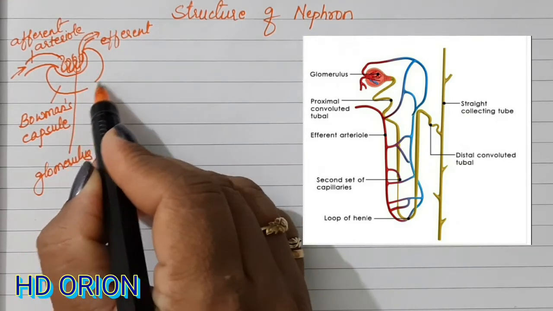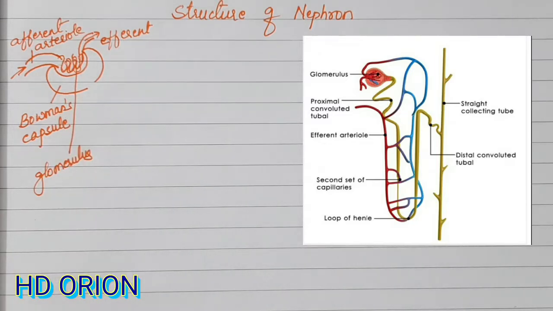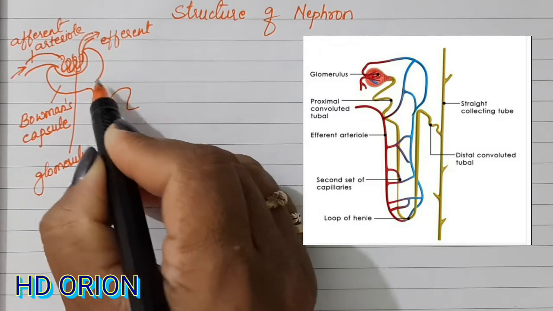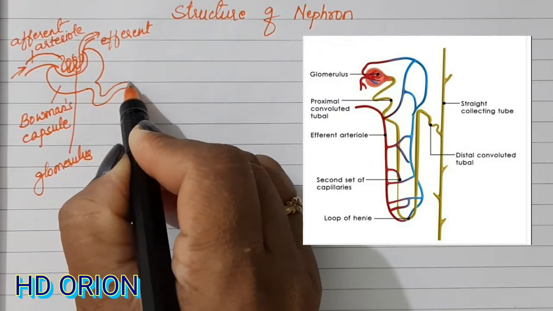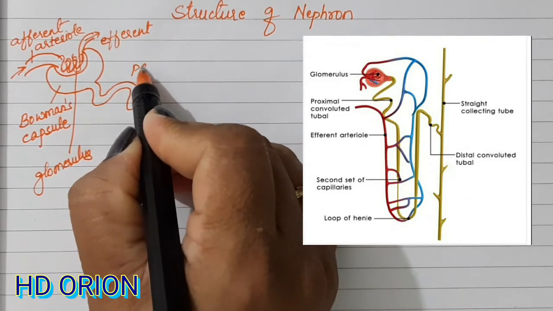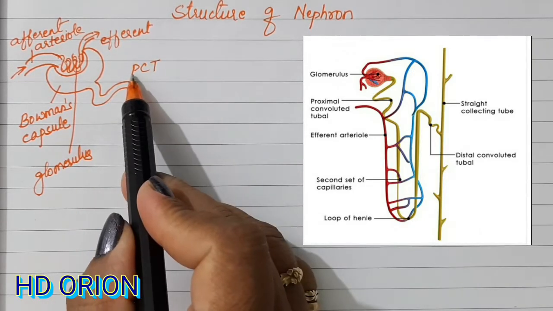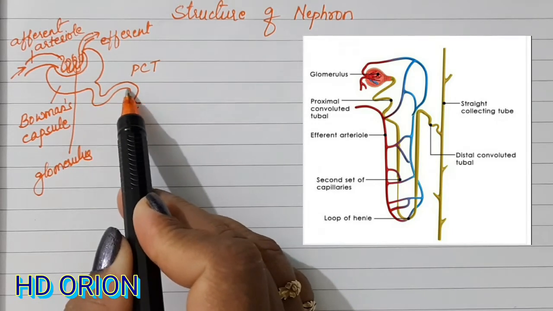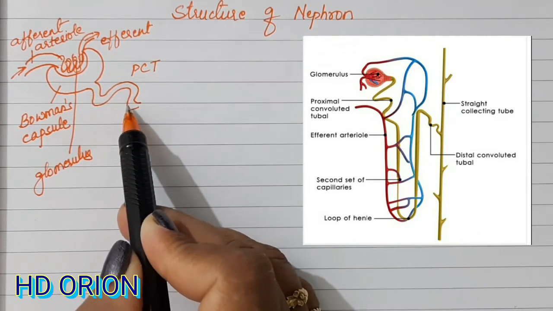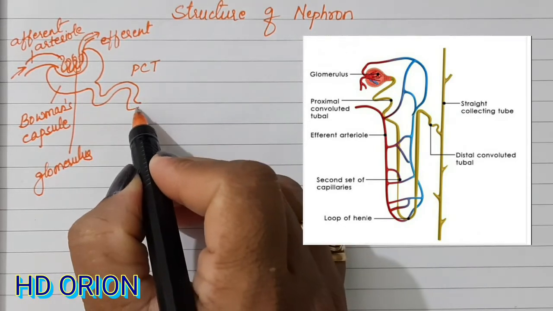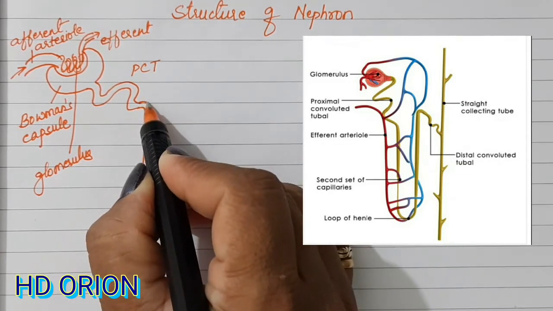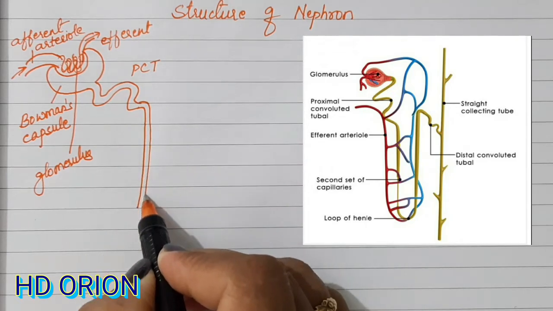Now this portion is present in the renal cortex, which appears as dots. Continued is a convoluted tubule. There are convolutions, and so we call it as proximal convoluted tubule. Proximal word has come to tell its location. Since this convoluted tubule occurs first, it is present here, we call it as PCT, proximal convoluted tubule, which is also present in the renal cortex, and then it forms a loop-like structure.